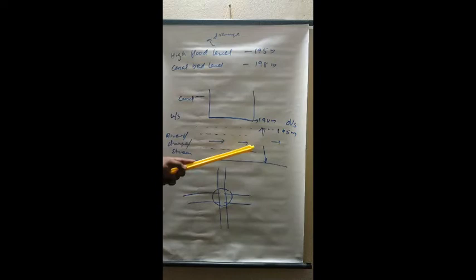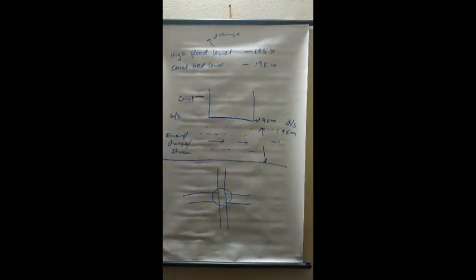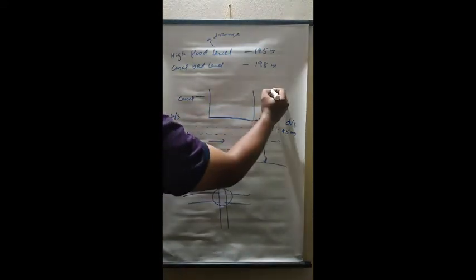So still we can say that the canal bed level is above the high flood level. If the canal bed level is above the high flood level in the river or in the stream, then definitely it is an